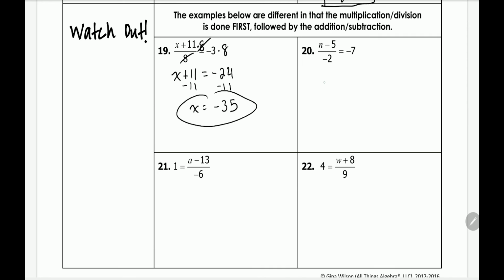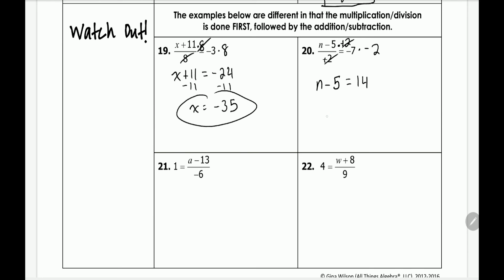Let's look at number 20. So we have to get rid of this negative 2. That means we have to multiply by negative 2. Alright, 2 on top, 2 on bottom, and then the negatives make a positive. That's left with n minus 5 is equal to negative 7 times negative 2,